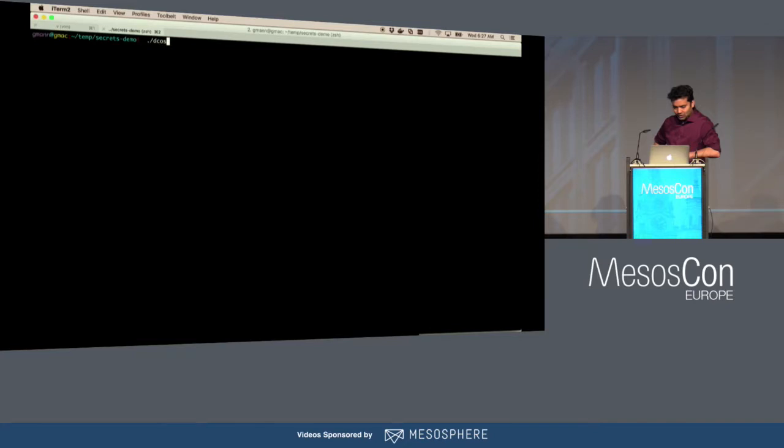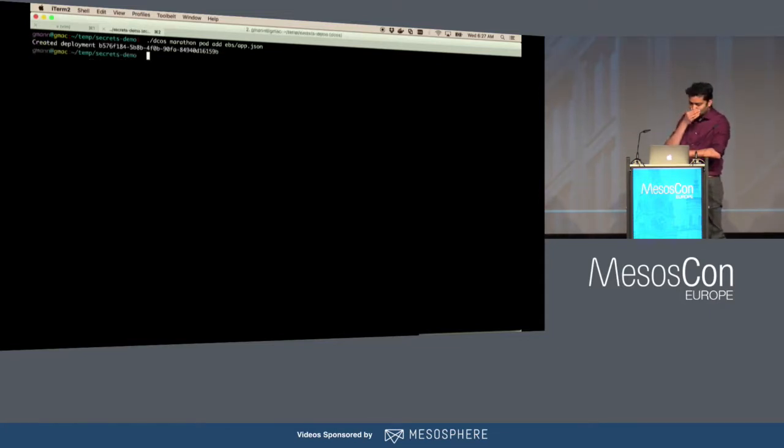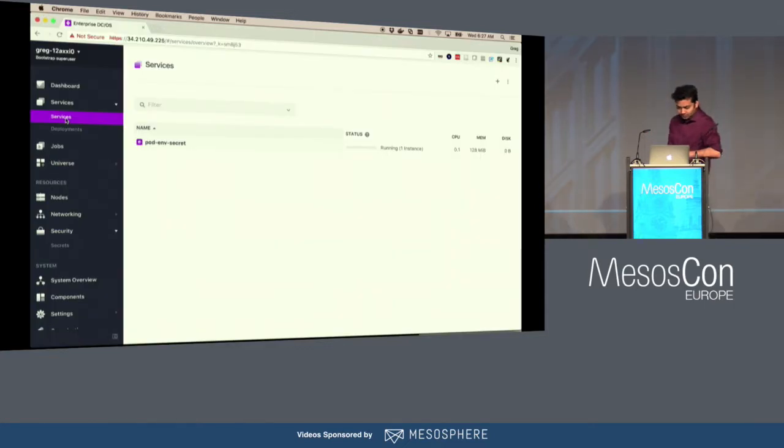Okay, so we're going to use the DCOS CLI, and we are testing both the pod specification and the app specification just to show that it works in both. For the environment-based secret, we're using pod. So we created this app with the definition that we saw before, and as you can see, it's already gone